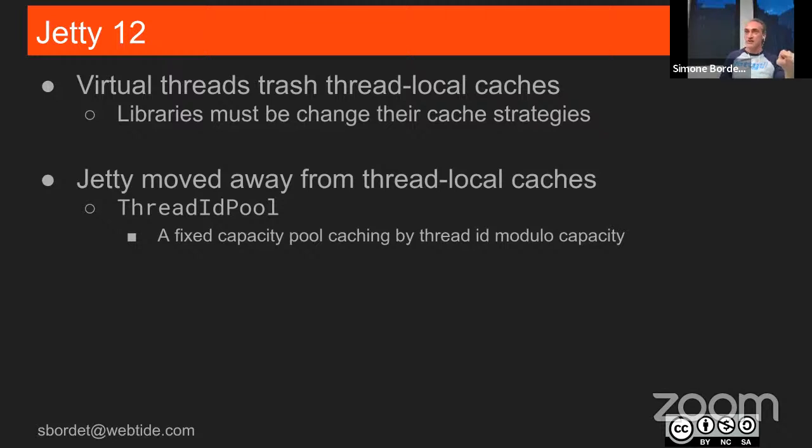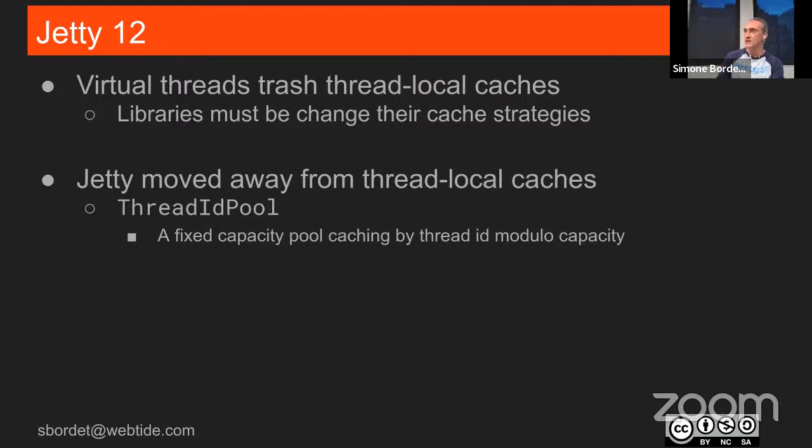31 will look at the slot number 1 and say, oh, there's nothing there. Sorry, I have to redo the calculation. So we do the calculation, put it in the slot there again. And then when 21 is done and wants to put it back, we'll say, oh, well, okay, I'm going to discard this one because it's already the new one. So there is a little bit of thrashing, but much less than it was with the normal virtual thread. So this is what we've been doing in Jetty.